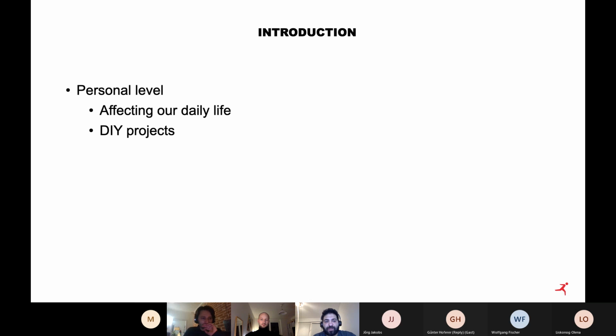The IoT, Internet of Things, has multiple levels. We start with the personal level. Right now, with how big it is, starting from the Philips Hue to Raspberry Pis and all of the different sensors and actuators, a lot of people are interested, even though they don't have so much background in software engineering. But IoT is bringing everybody in. It affects us in our daily life, whether directly with those examples or indirectly through different ways like Uber, for example, which is really based on IoT,